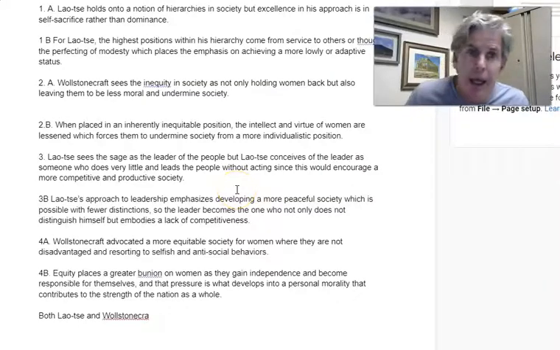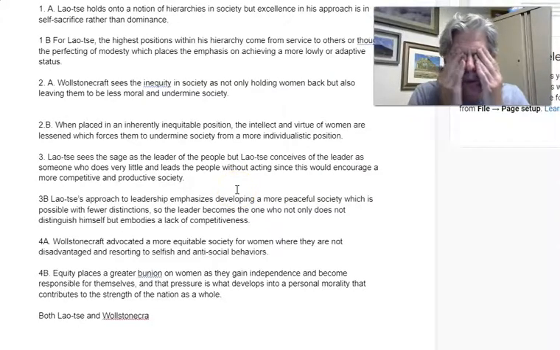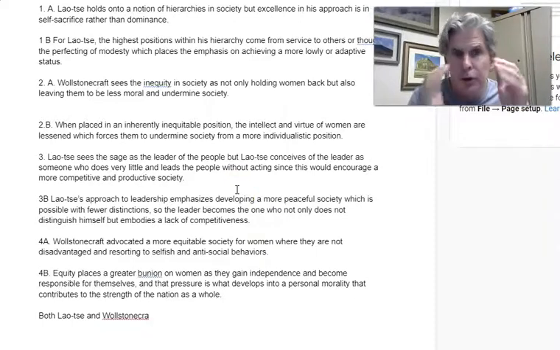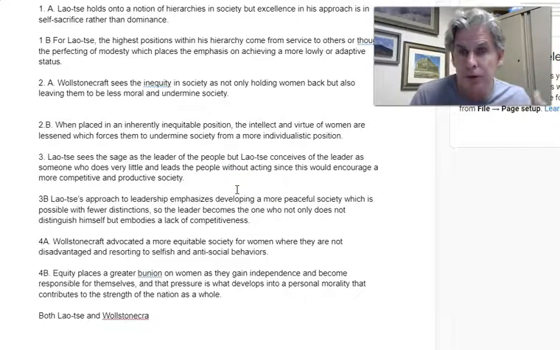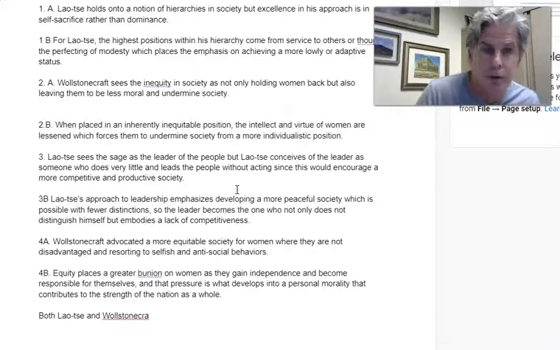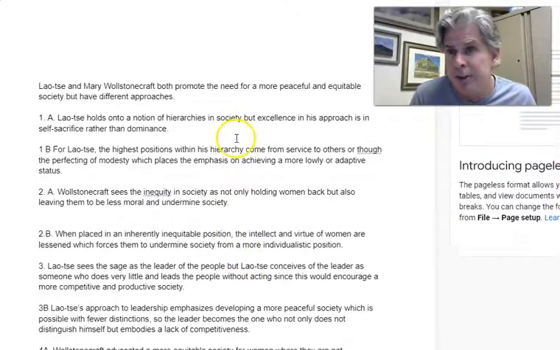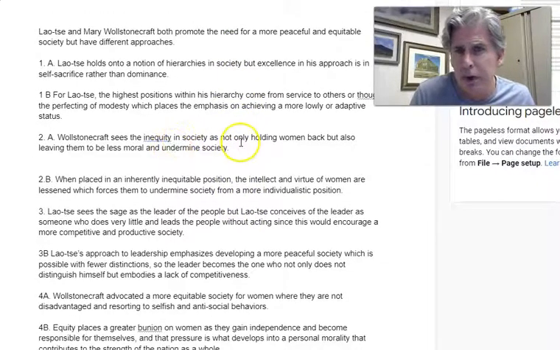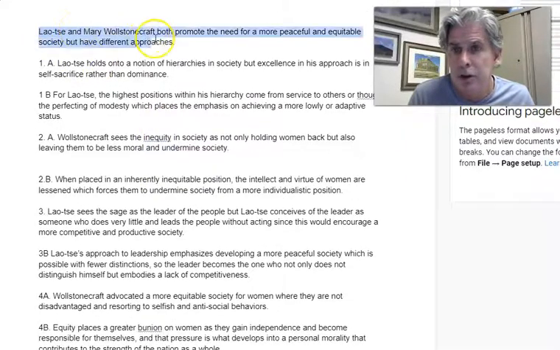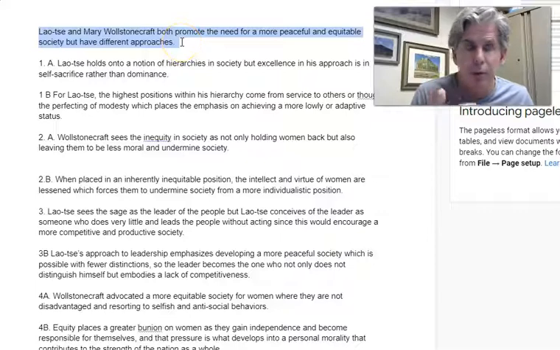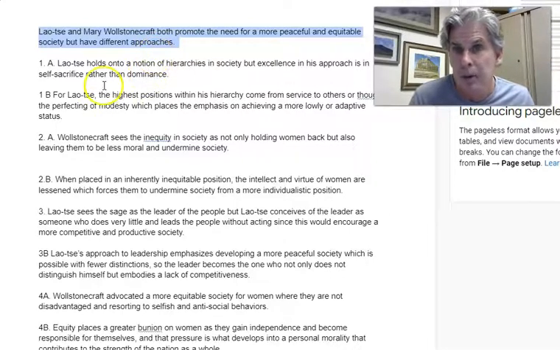Okay, we're back. I worked on the essay a little bit, and I stopped right now because I want to show you a little bit of what goes on with the thesis. First of all, I finished composing more of the introduction, okay? So let me show you that. I wrote a general topic sentence that mentions both of them and the general topic of the essay, about having a peaceful and equitable society, which is important to both of them. But they have different approaches to it, okay?